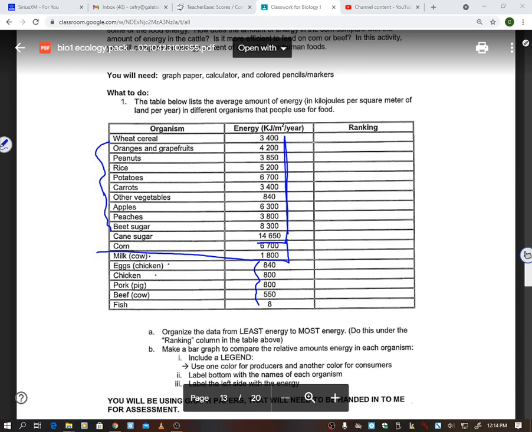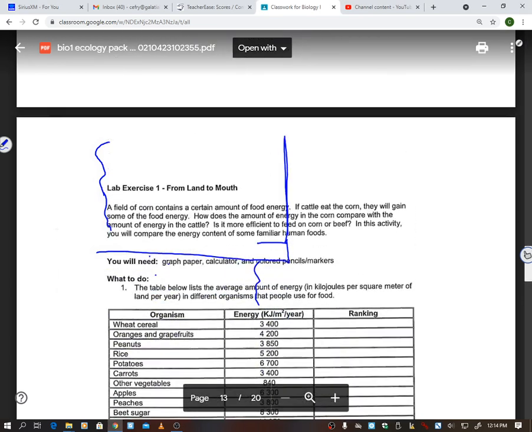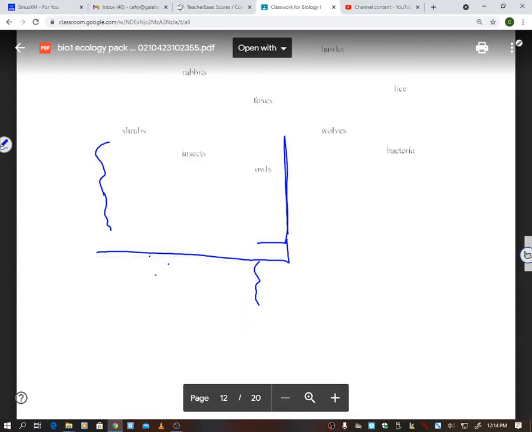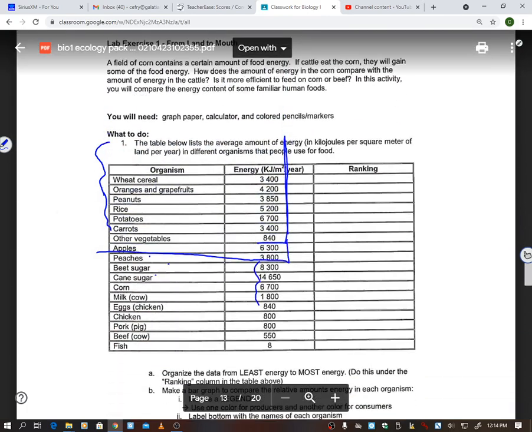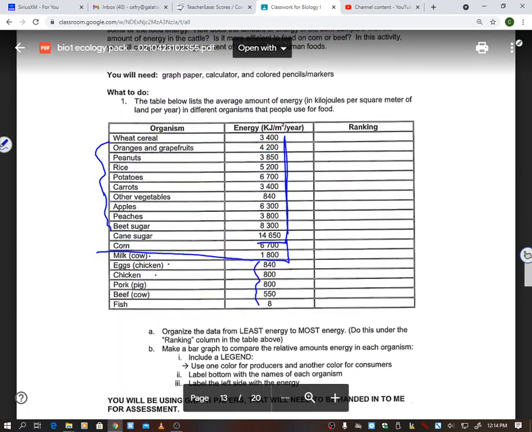Like if I'm eating chicken eggs, the sun gave energy to the meal, what am I trying to think of? Oh guys, I completely went blank. I think it was up here. Do I see it? Grains, that's the word I'm trying to look for is grains. Sorry, it took me that long to figure out grains.